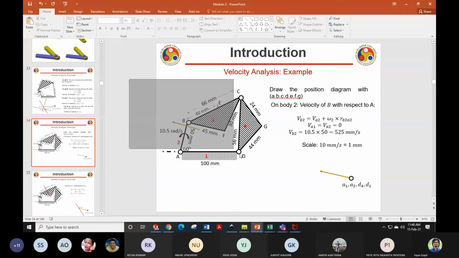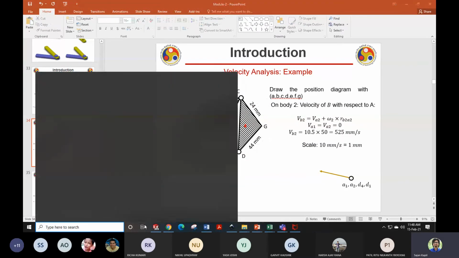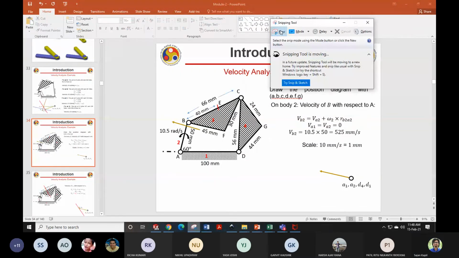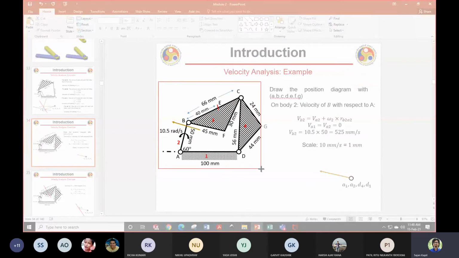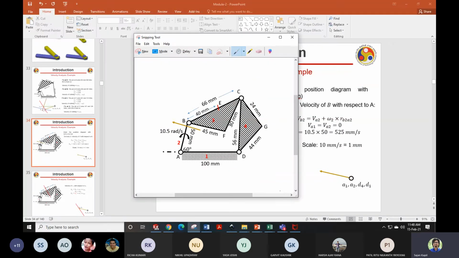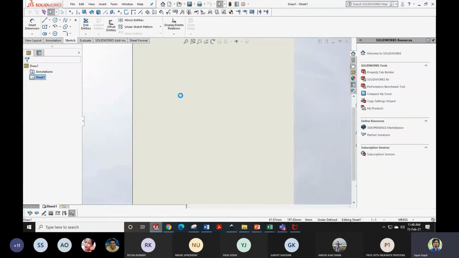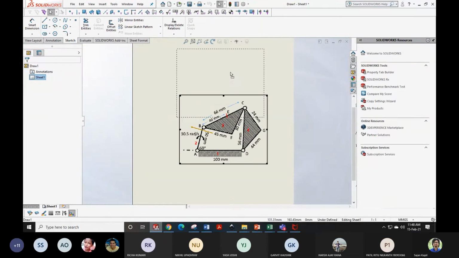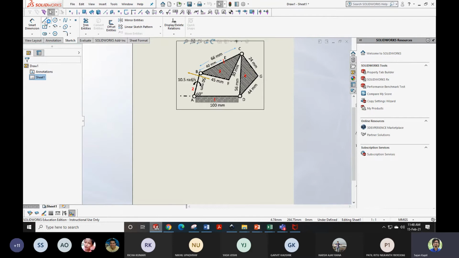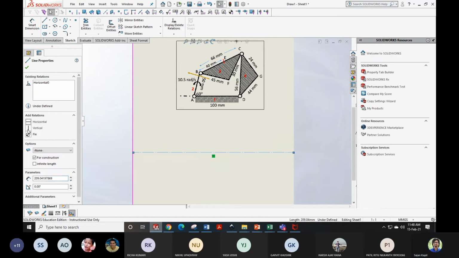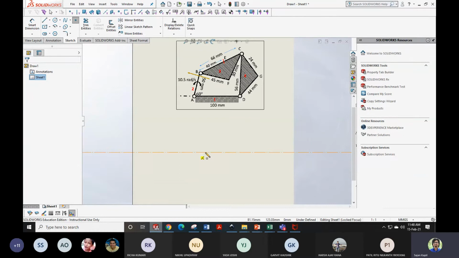Okay, then let me also do it, but in SolidWorks, so that you can have some idea how to do. So first of all, my first aim will be to draw the ground. It will be a horizontal line of infinite length and fixed. Then I'll draw 2 points here, one corresponding to A, another corresponding to D.